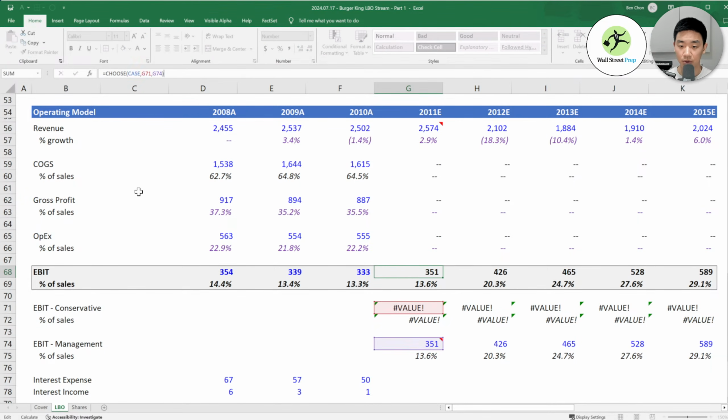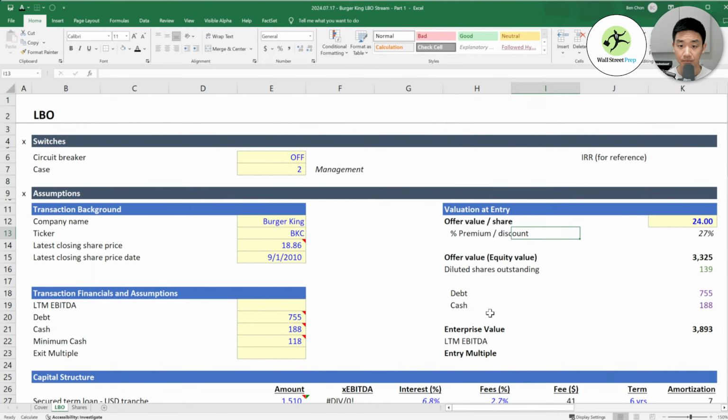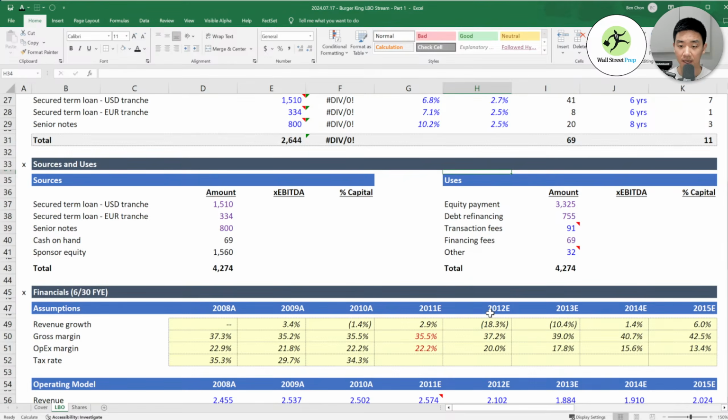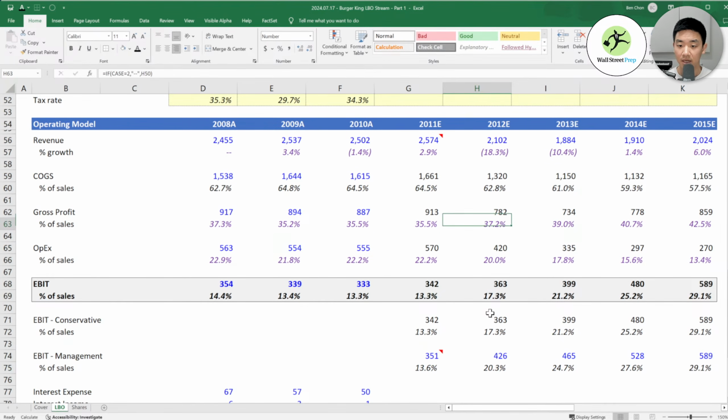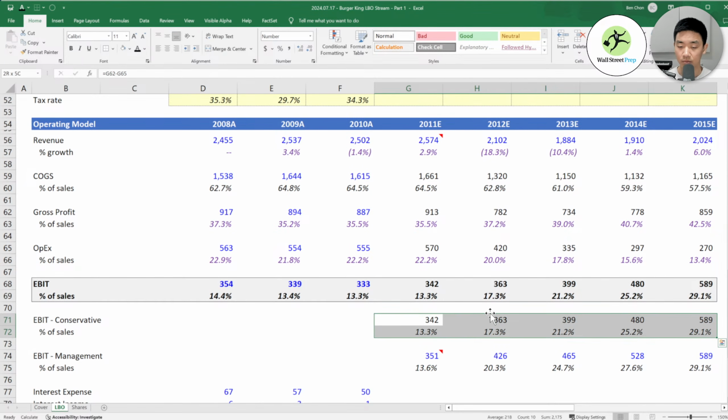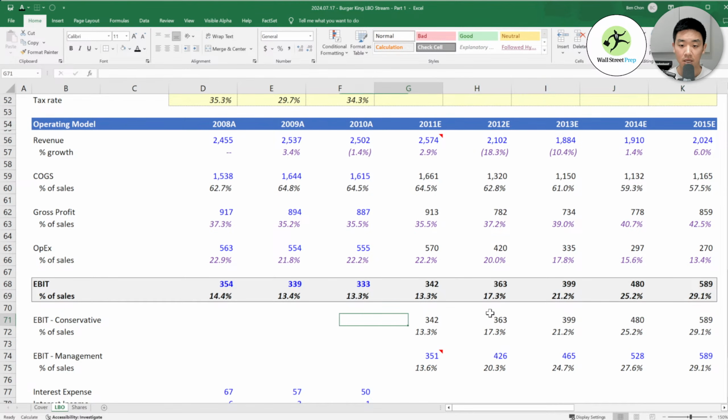Right now this is pulling from the second option because case is set at 2. But when we switch to our conservative case, you want everything to repopulate, right? And as you just saw, when I switch from case to case, this shows as an error, and you never want that showing in a model.